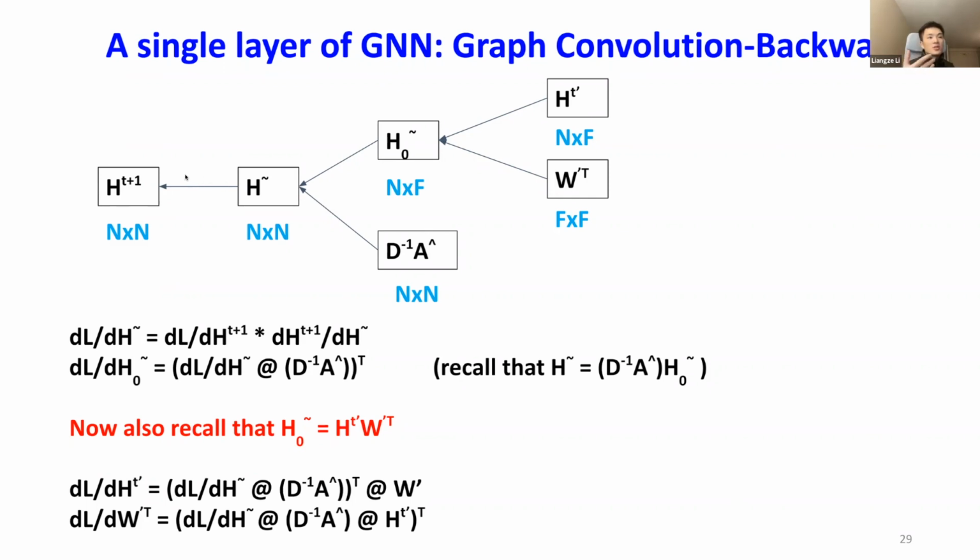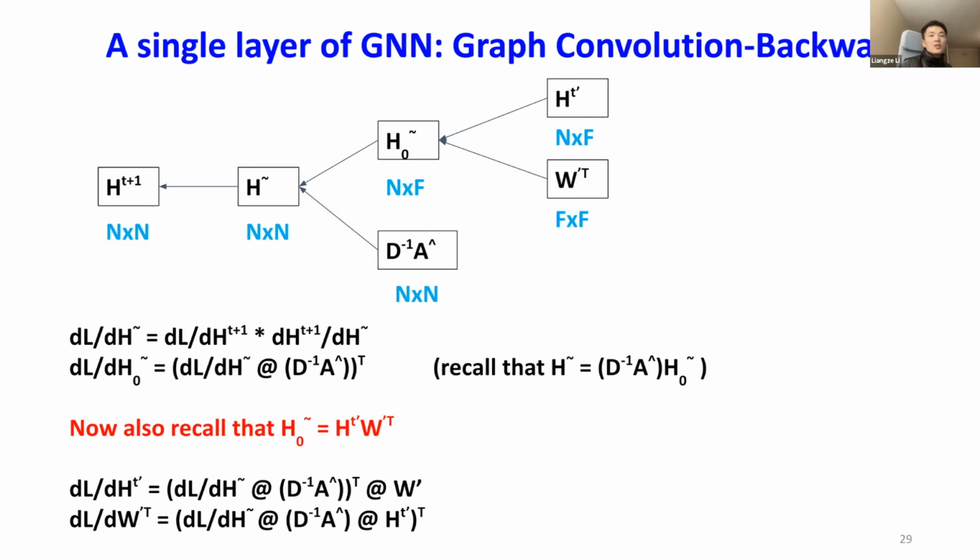So you can just take the backward of the activation in here. And then dL/dh0 tilde is going to be this expression. So basically we take the derivative of L with respect to h tilde and we multiply it with d inverse a hat,